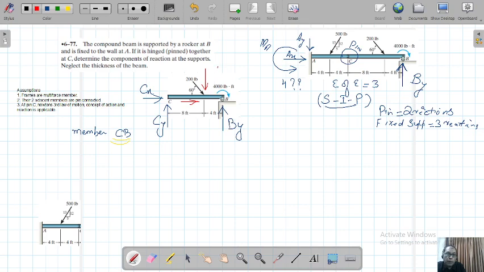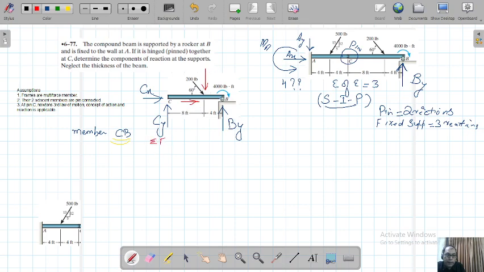This will be your 200. This horizontal component will be 200 cos 60 and this will be 200 sin 60. Remember this, it will be 200 cos 60, 200 sin 60. So when we apply